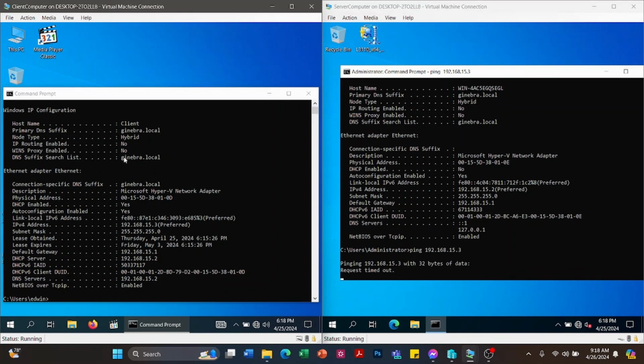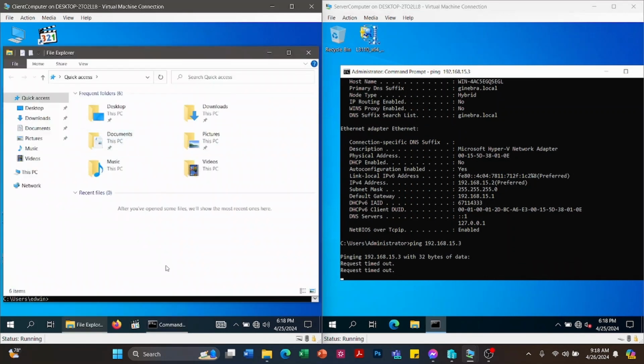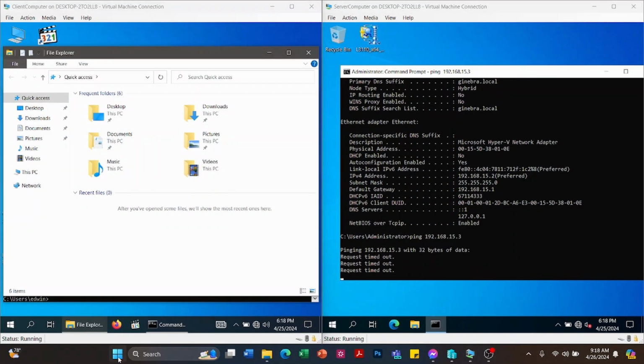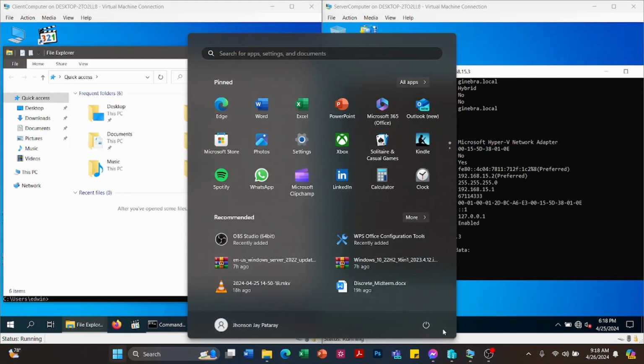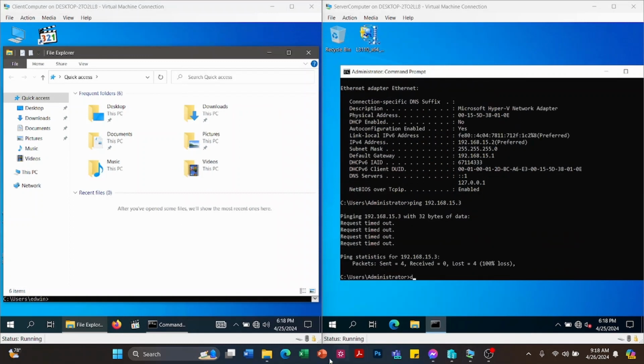Oh, is there a problem to the settings of this network?